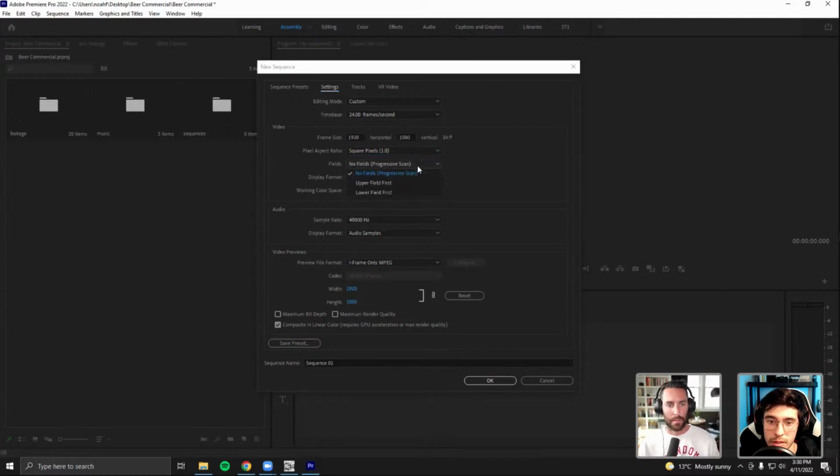Square pixels, progressive scan. So I actually don't know, maybe James, maybe you know this a little better, but these lower field, upper field, or no field, correct me if I'm wrong, but I think it's how the computer processes the image by scanning each pixel from top left all the way across until it gets to the bottom.